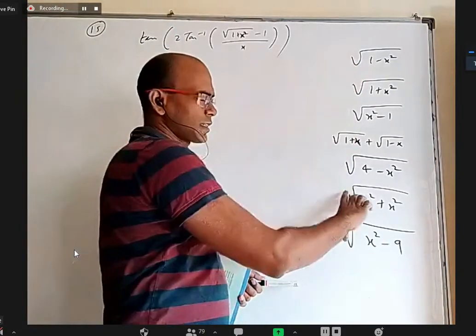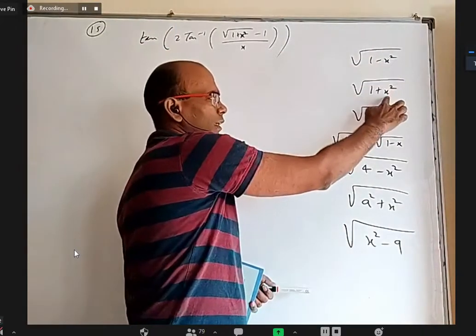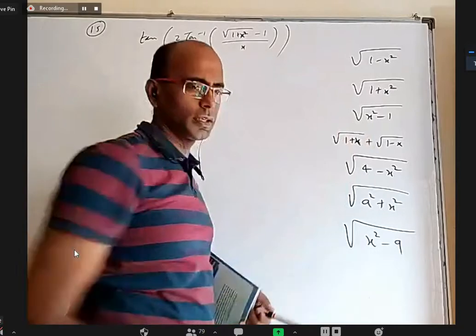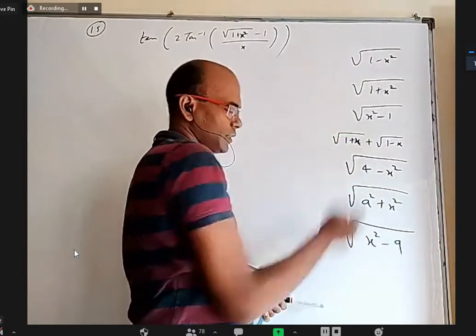So these are same. Only thing is that they are directly here sin theta or cos theta, here tan theta or cot theta, here secant theta or cosecant theta. Here 2 times that whatever is here. Here a times whatever is here.